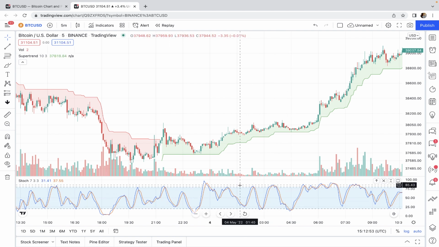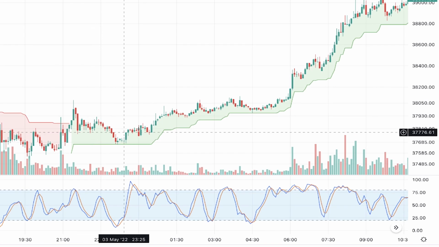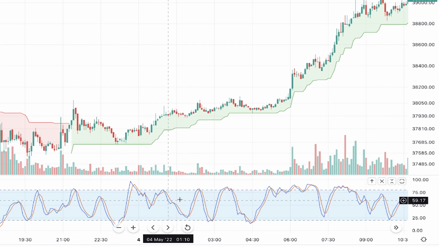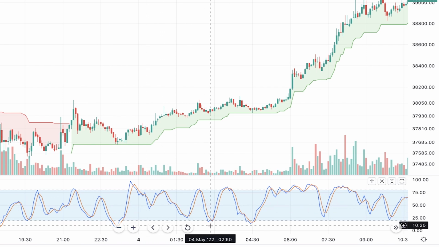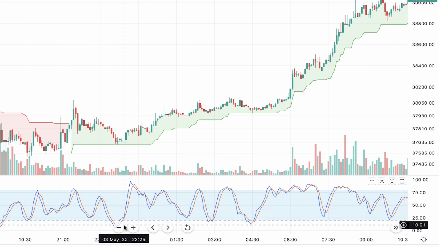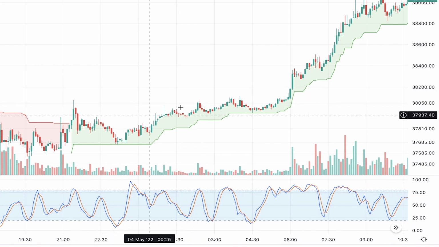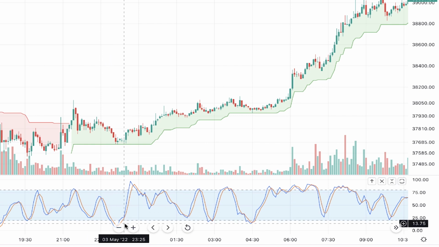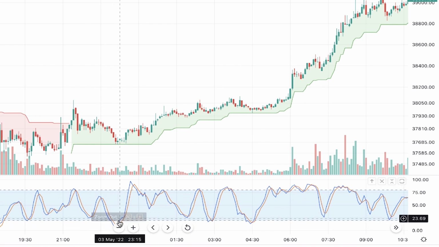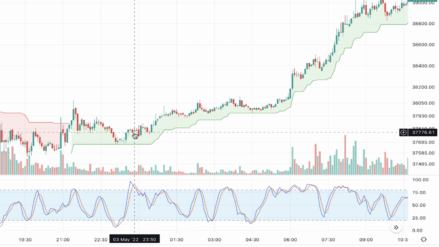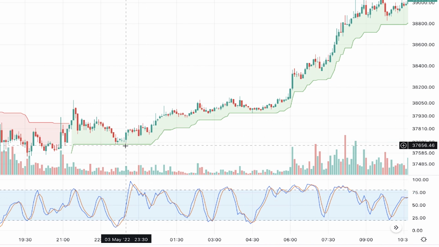So in this strategy, we only take the signals that are in the current direction of the market. When the super trend is green, we wait for the stochastic line to go below 20. In other words, we wait for an oversold condition in an uptrend, which can be a good opportunity to enter in the direction of the market. In this situation, when the K% line crosses above the D% line, it gives us the signal that the price is gonna bounce and go up, so we can enter a long position when K% line has already crossed the